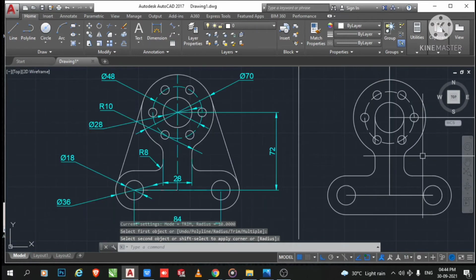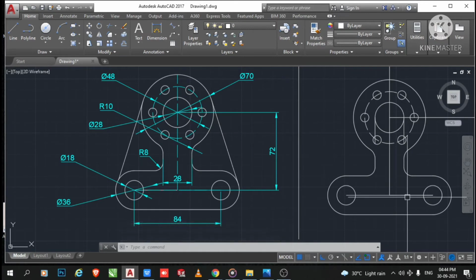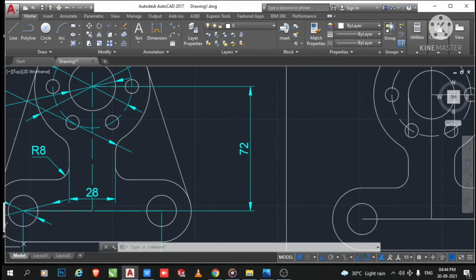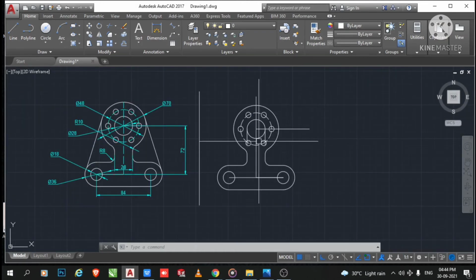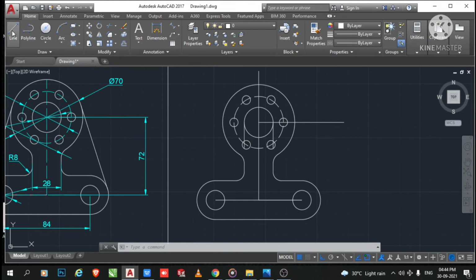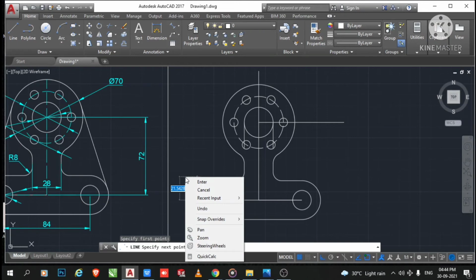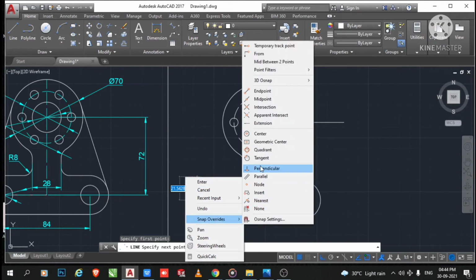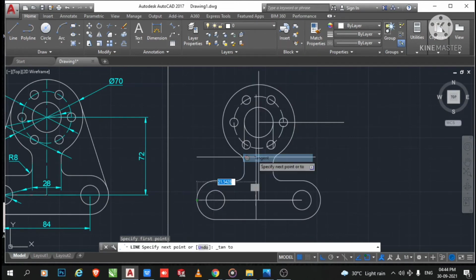So here we apply the fillet of 10 radius. Okay, and so we create this line and make sure it is a tangent to this one. So select this line, here we select this one and go to the snap overrides and select this tangent.